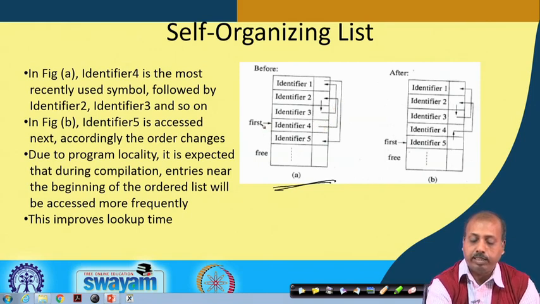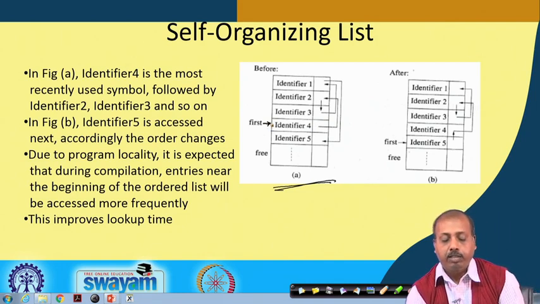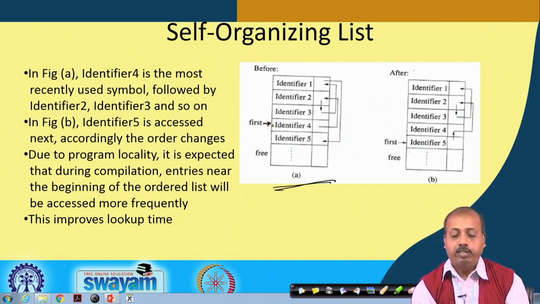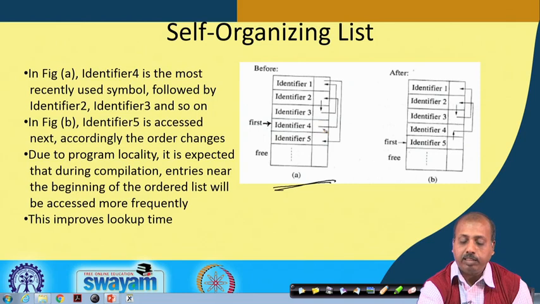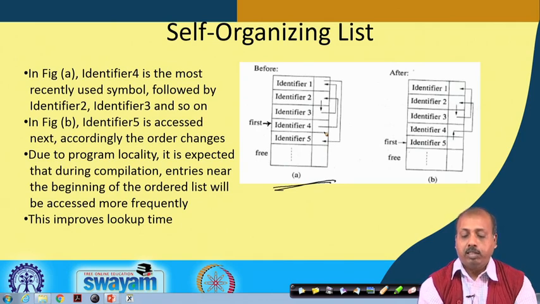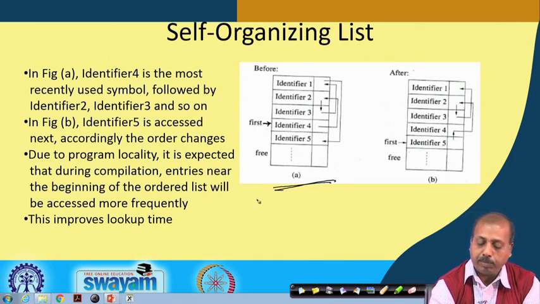There is a pointer, first, that points to the last referred symbol. In this case identifier 4 is the most recently used symbol, and before that it was identifier 2, and before that identifier 3, before that identifier 1, and before that identifier 5. That means, in my program there was a sequence of access, like in some lines I accessed identifier 5,